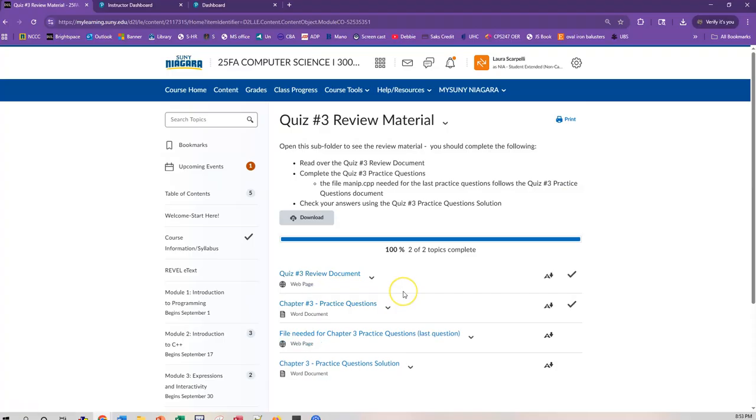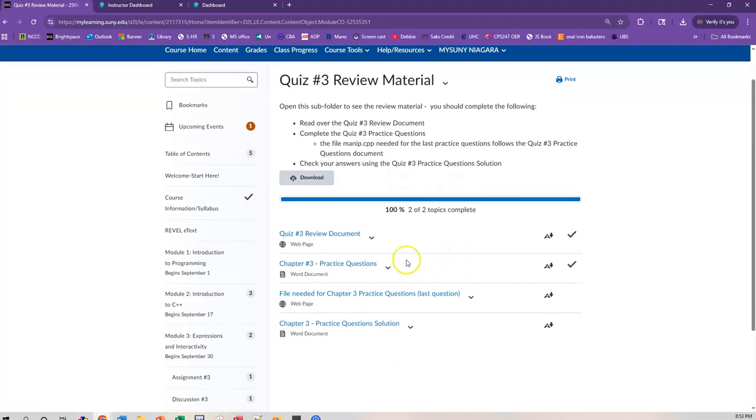That's in this subfolder right here. And there's a review document, so that's nothing more than just a list of topics that summarizes the chapter. You do have some practice questions as a separate Word document that you'll have to download. You actually get a preview inside of Brightspace, but